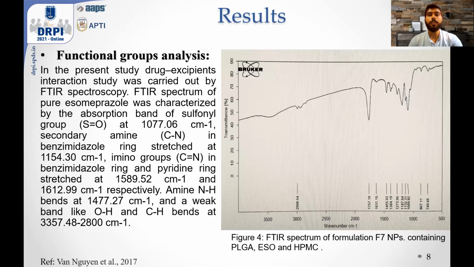Then the functional group analysis. In the present study, drug excipient interaction study was carried out by FTIR spectroscope. FTIR spectrum of pure esomeprazole was characterized by the absorption band of different functional groups, and the FTIR spectrum of different formulations were also recorded and